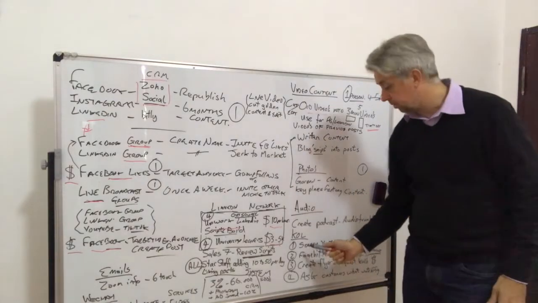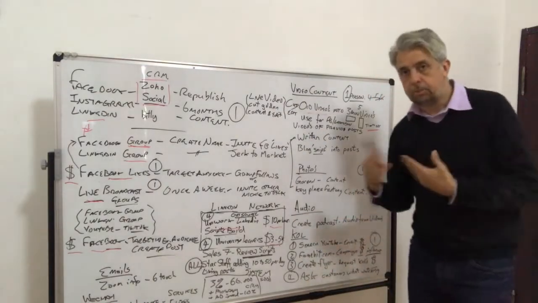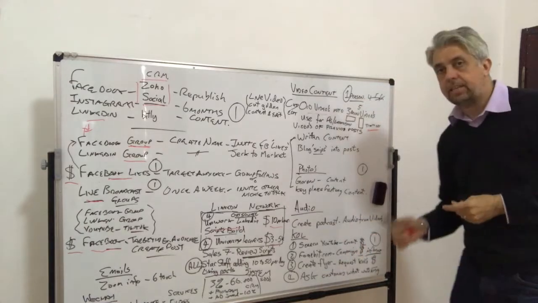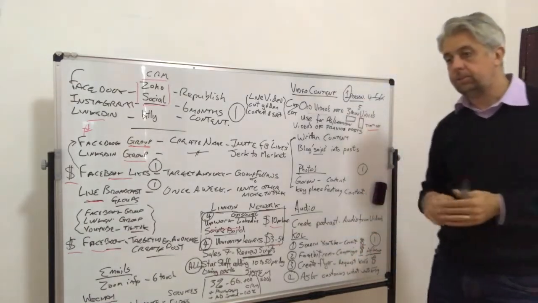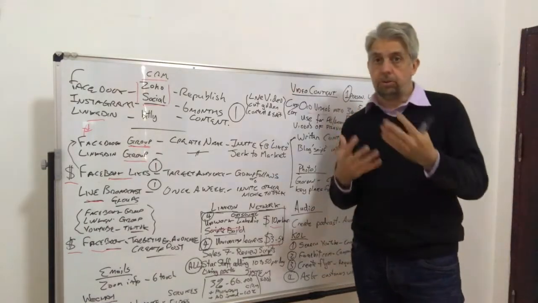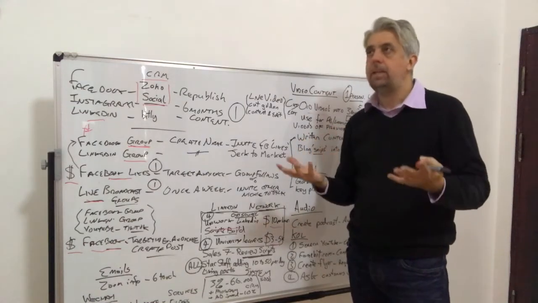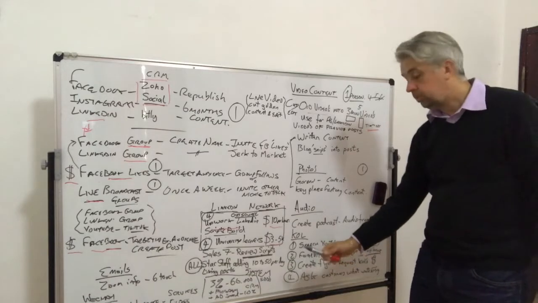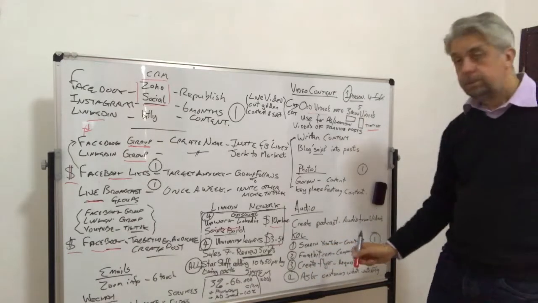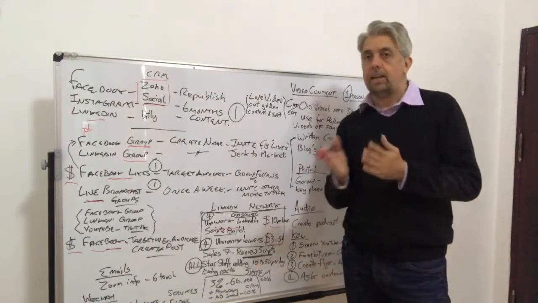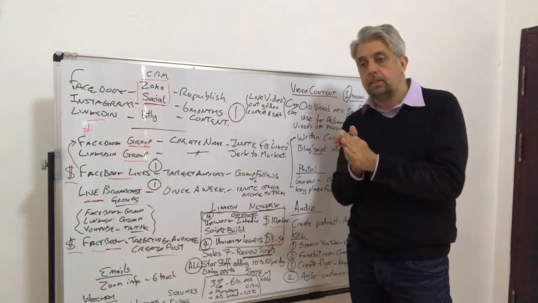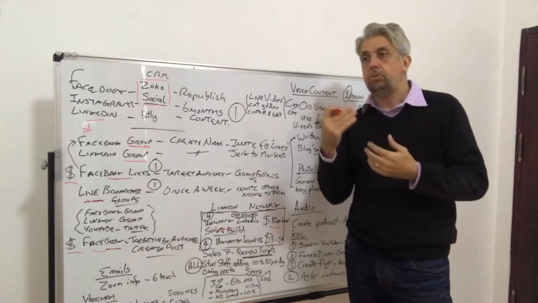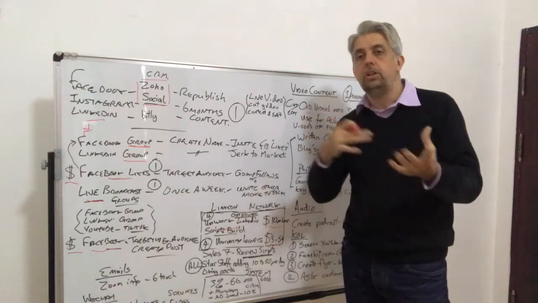KOL, which is the influencers. Again, you need to put some money against the key opinionated leaders, because they're the ones who have got all the opinions now. Nobody's watching TV. So there's one way to do it, which is search YouTube, find out who your target audience is on YouTube, who your target audience are watching on YouTube,